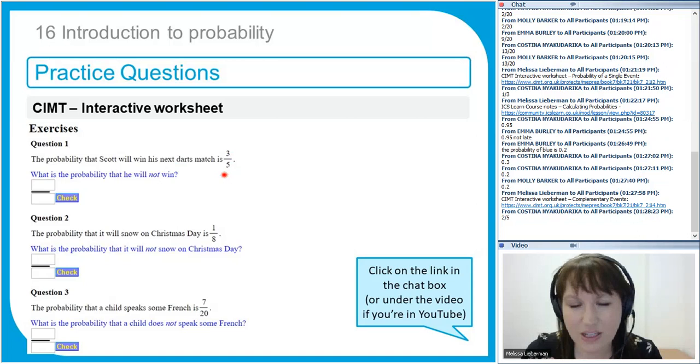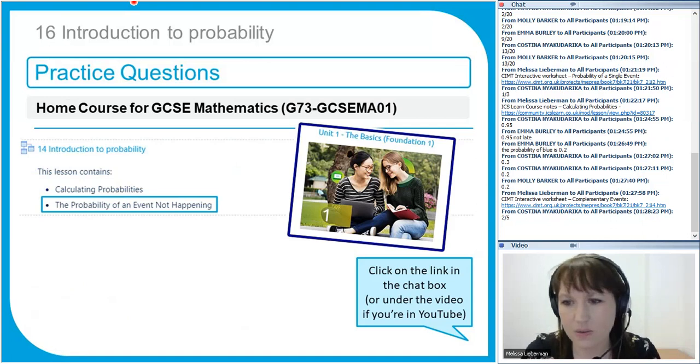Does that make sense, Christina? Good, yes, 2/5. So what we're doing is we're subtracting these from 1. If we work out 1 minus 1/8, that's going to be 8/8 minus 1/8 or 7/8. This one will be 13/20 and so on. Useful to be able to subtract any fraction from 1. And there are some practice questions here.